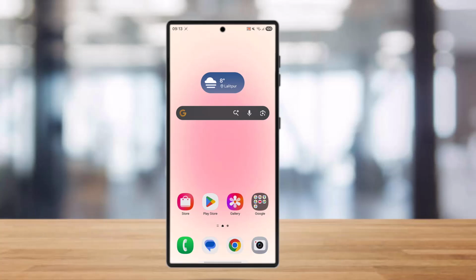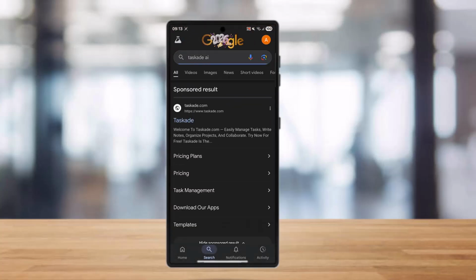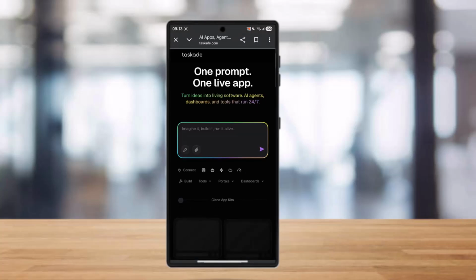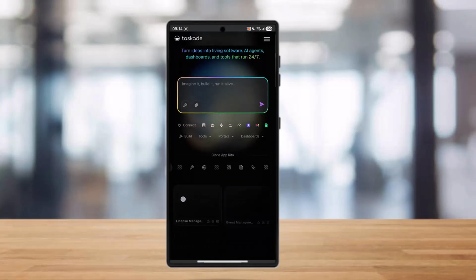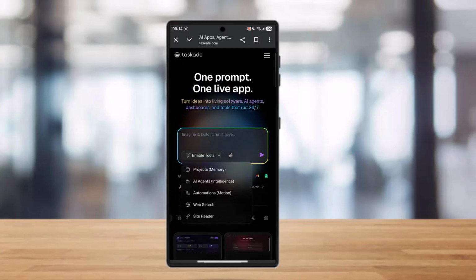So if you want to build a study plan in Tascade AI, all you gotta do is simply go to Tascade. Once you're in your Tascade AI, you need to simply open your Tascade workspace and click on the new project option. Once you've selected new project, you need to select the AI project studio and describe what you want